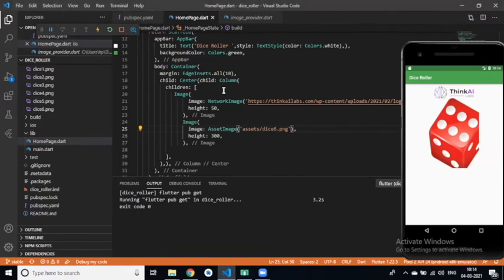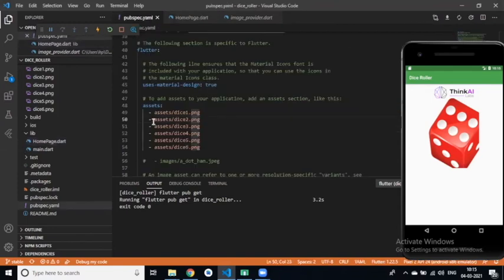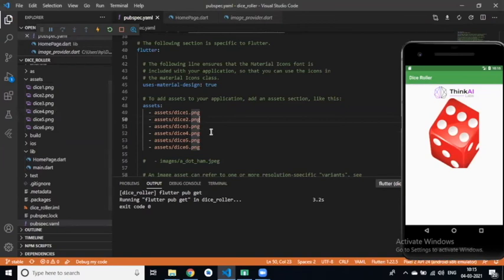Clear? Yes, how we can use image files in our project, network image and asset image also. But this is the problem: if in our project we have 50 asset images, we have to define all the image files in the pubspec.yml file, right?